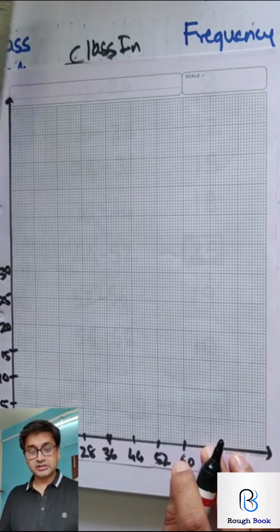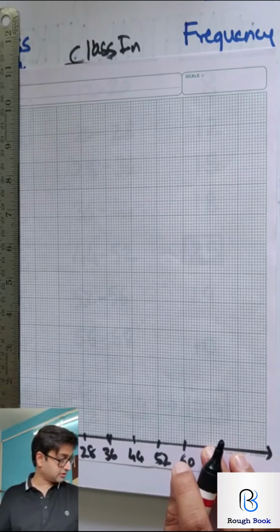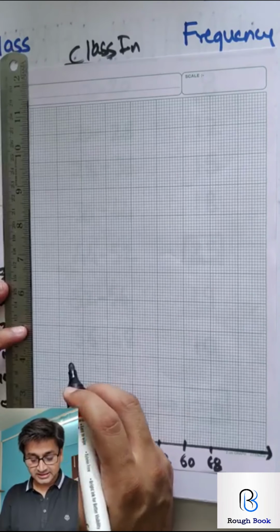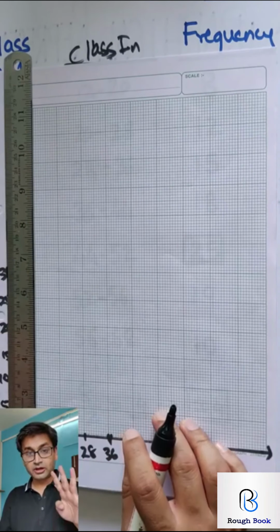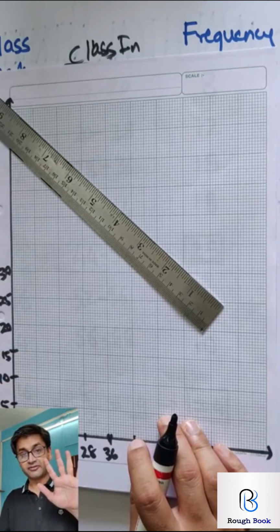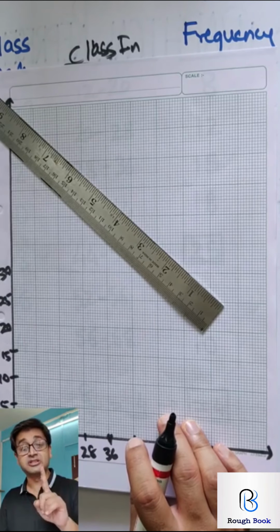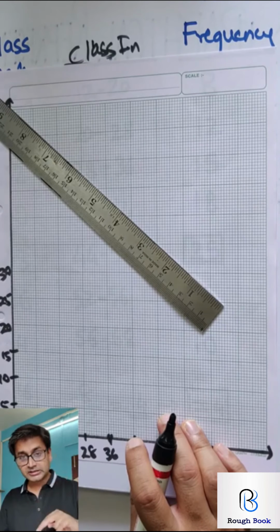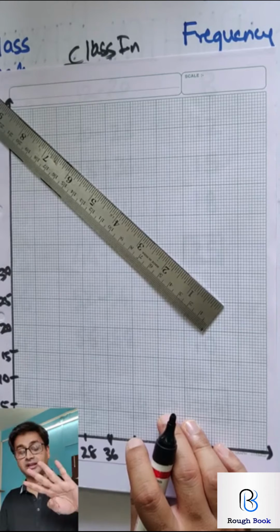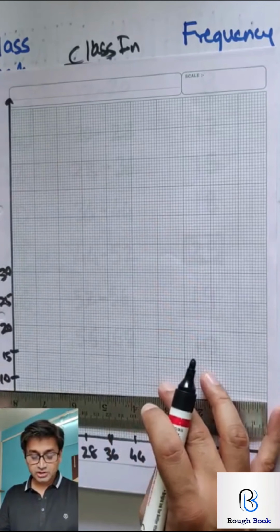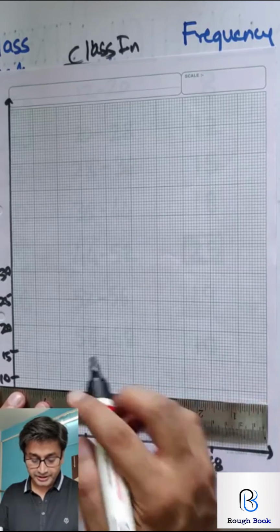Let's go ahead. The first frequency is 8. So 10, 2 lines lesser than 10. 2 lines or 4 lines? Think. See, 5 to 10 is just 5. So 5 divided by 10, that means each line is 0.5. So if I want to come 2 units down, then I'll have to take 4 lines. See, you need to understand this very well, otherwise you will mess this up. So I'll have to come 4 lines down in order to hit 8.